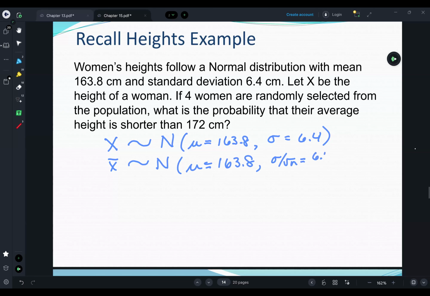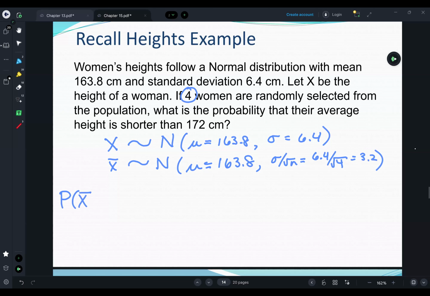So it's going to be 6.4 divided by the square root of 4, because that's 4 women, which is like dividing by 2, which gives us 3.2. We can leave it like that if we want. So we know how to do this by asking: